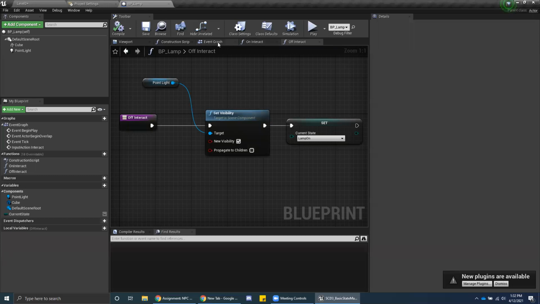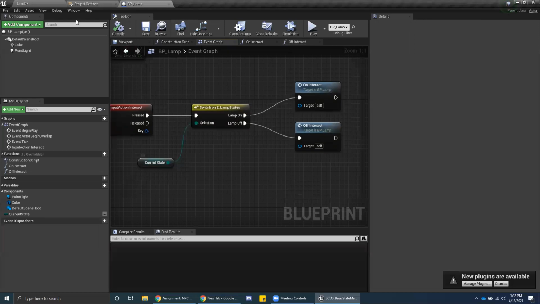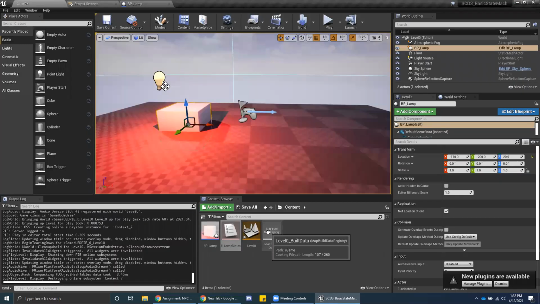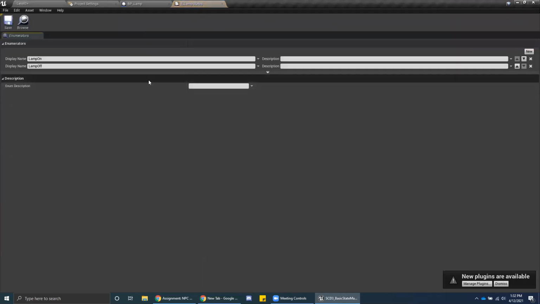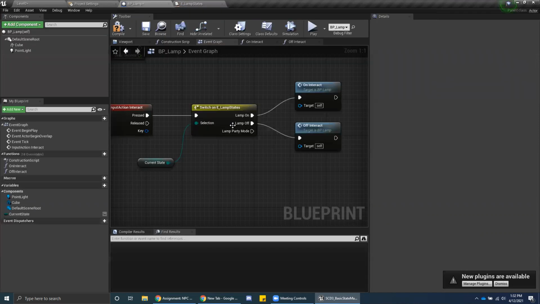Now, if we went to add a third state, we could add another state to the enum. Let's open up our enum, and we'll say lamp party mode. Save that. And in here, our switch updated with that new enum branch, and we would have to create a